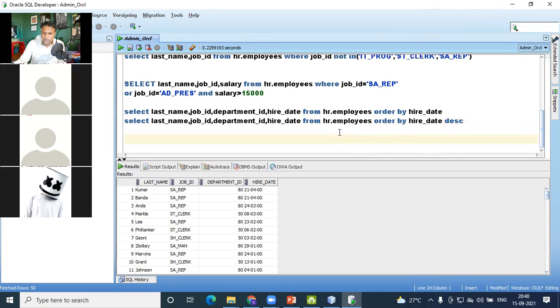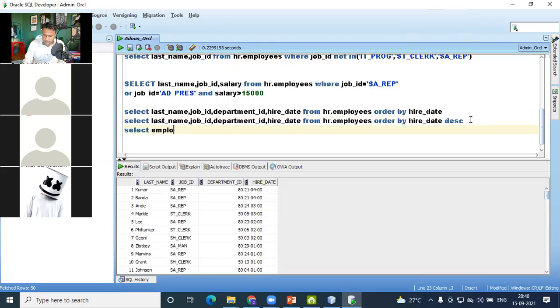Okay, so here we have to mention descending order. By default, it is showing you in ascending order. For descending order, we have mentioned here DESC. Then again I write